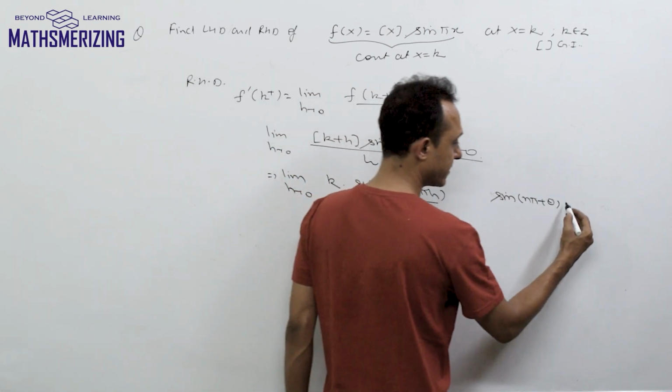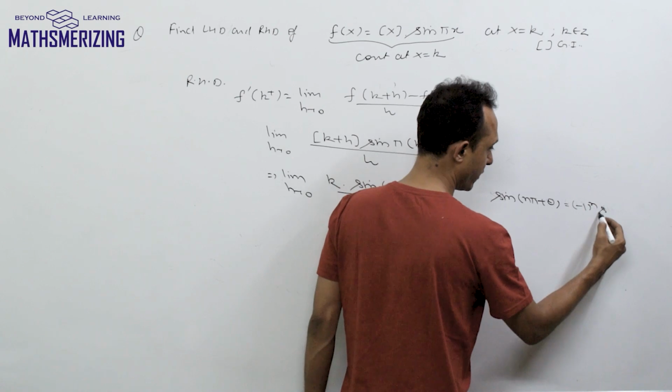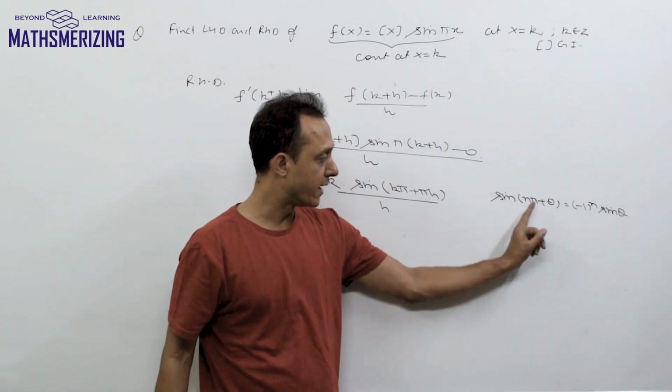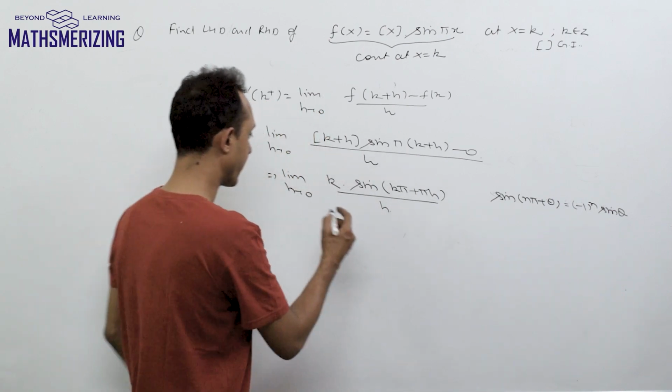Sine of n pi plus theta is minus 1 to the power n into sine theta. So when n is odd, it is minus. When n is even, it is plus. So I can write it as limit